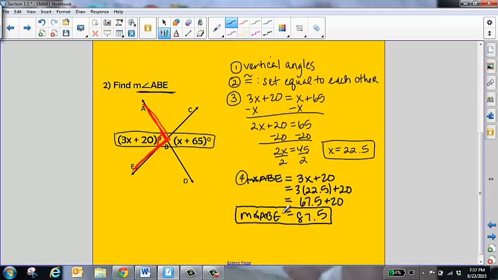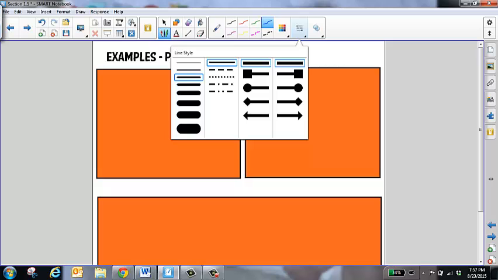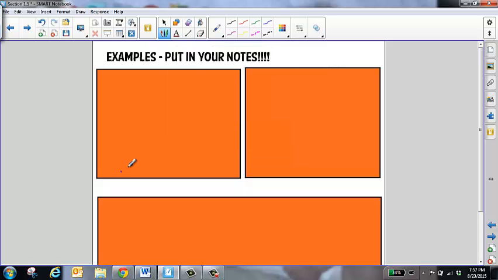Okay, once you guys have that in your foldable, go ahead and take out your notes, whether it's a continuation of yesterday's or you need to get a new page, whatever you need to do, but we're going to go through a couple more examples, and these should go into your notes. I'm going to change the color here just so we can kind of differentiate between the different problems here. Okay, so